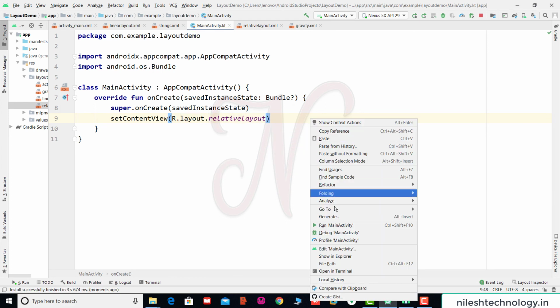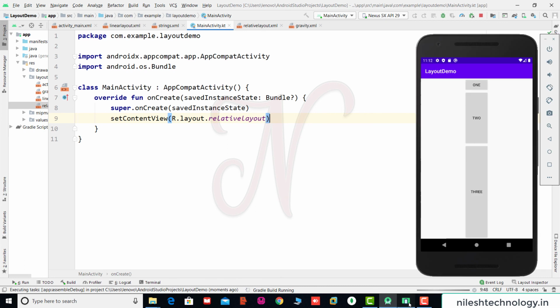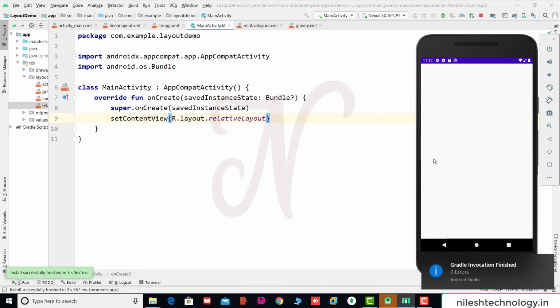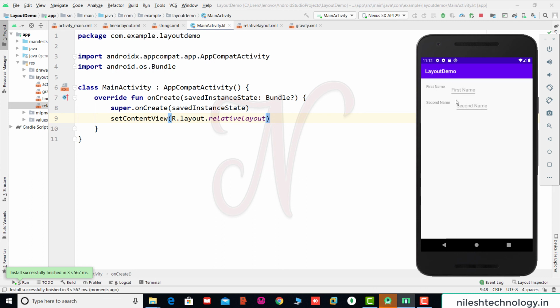Again we run these changes. See, this is your relative layout design. This is a basic design. Using this concept, you can design your screen using the relative layout.